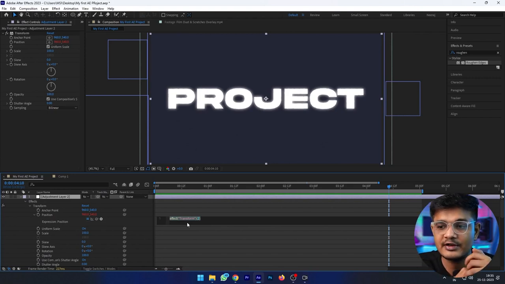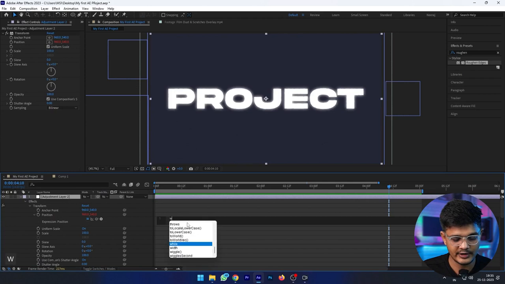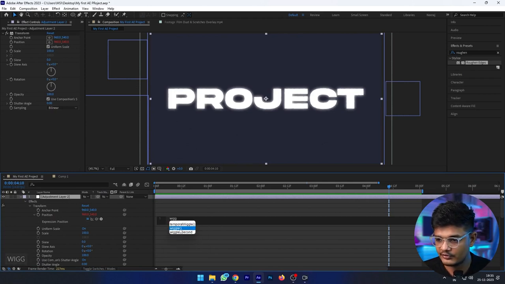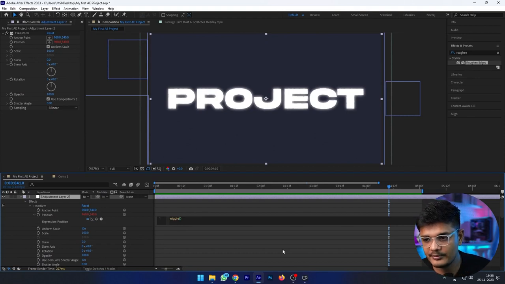Expressions we will discuss later, but only this wiggle effect I am showing you right now. If I type wiggle, then this is showing wiggle. If I click here, enter. Here wiggle is written, and these columns are appearing. In these columns, I need to give values to wiggle.